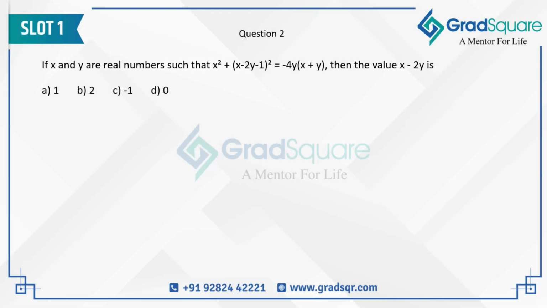It is given that x and y are real numbers such that (x² + x − 2y − 1)² is equal to −4y(x + y). So the value of x − 2y is asked here. So I'm going to rewrite this equation, bringing all the variables to one side,